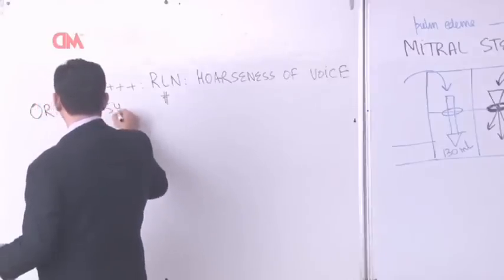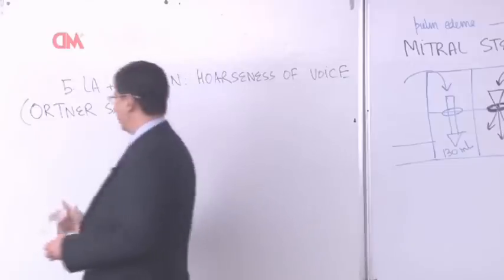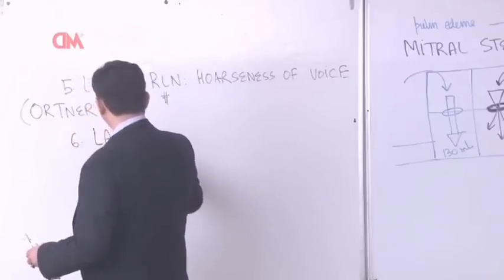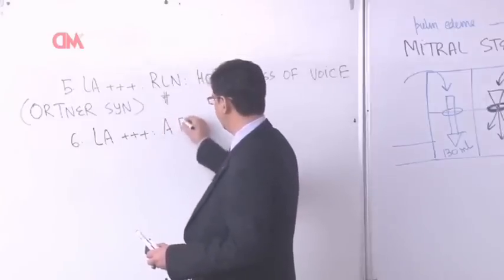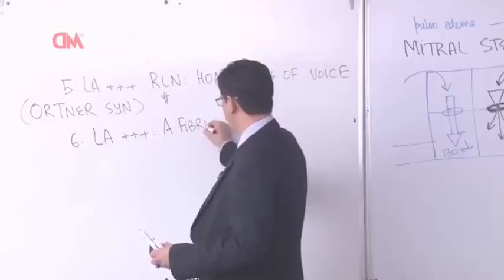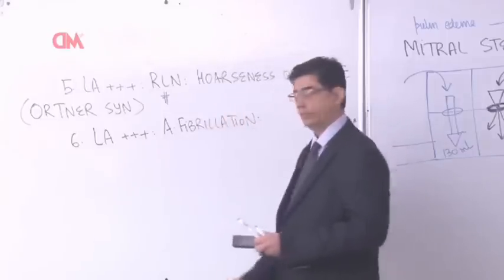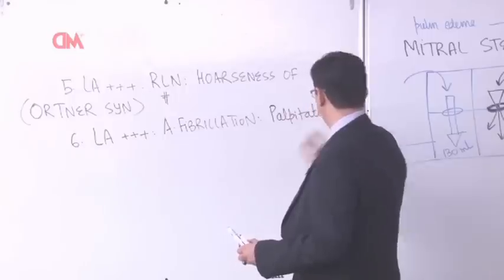This is a manifestation that is encountered with patients of mitral stenosis. All patients of mitral stenosis, because of progressive damage to the left atria, can also have development of an arrhythmia by the name of atrial fibrillation. Because of this atrial fibrillation, there can be development of symptoms like palpitations, because the heart would be racing. This is a tachyarrhythmia, so the heart would be racing.